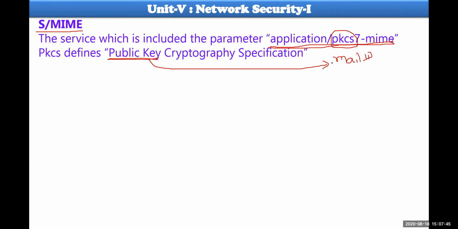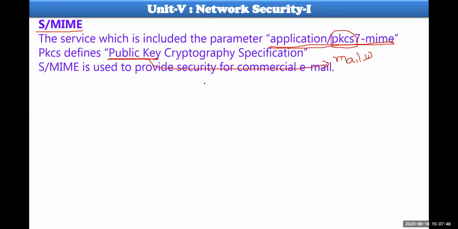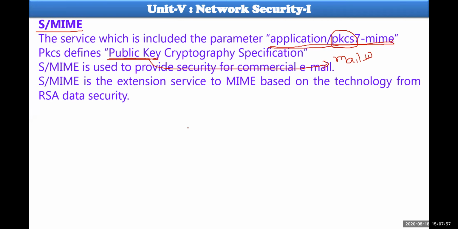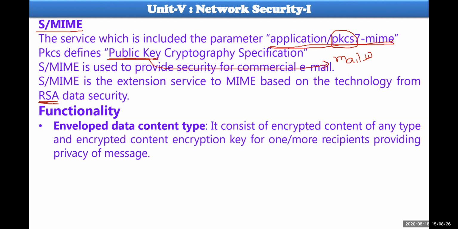Now, as I just said, it provides security for commercial emails. What are the components of this? Let us have a discussion here. Secure MIME provides security based on the RSA algorithm. I'll show you what certificates your web browser will be satisfied with. I'll show you each and every point. You just pay close attention to today's class. And what are the functionalities available here?